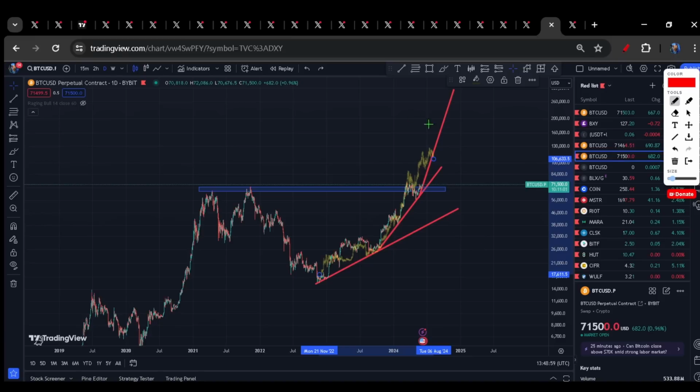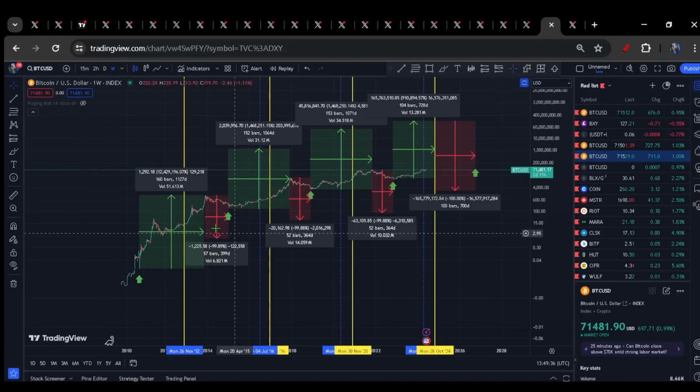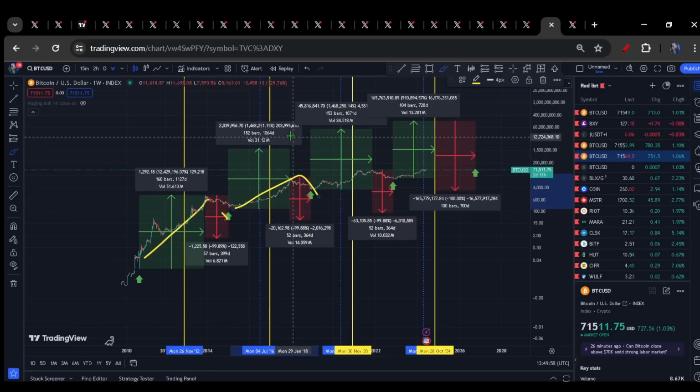For me, the interesting thing about this idea for Bitcoin, similarly, I believe Bitcoin is at the end of its longer term multi-year cycles. I have been suggesting that Bitcoin has had one right translated cycle, meaning the top comes after the halfway point denoted by the yellow vertical bars, followed by another right translated cycle, meaning the top, of course, comes after the halfway point denoted by the yellow vertical bar. The same is true of this one right here.